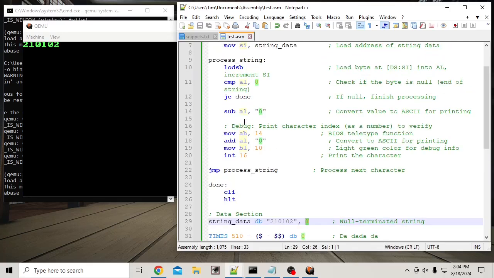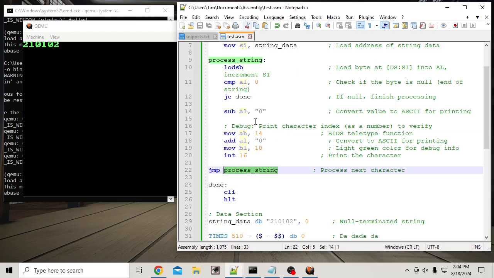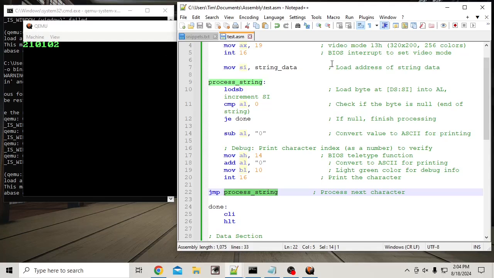And if it is, then we bug out, right? But otherwise, we're just going to print our character. Jump to process string, and just keep looping that until we reach the null termination, and we are done. Good to go. Okay. So let me see. Okay, how to print a string. Okay, so then after that,